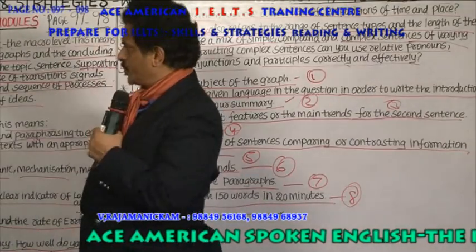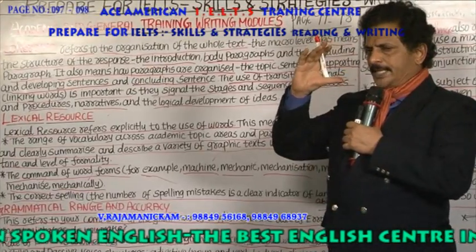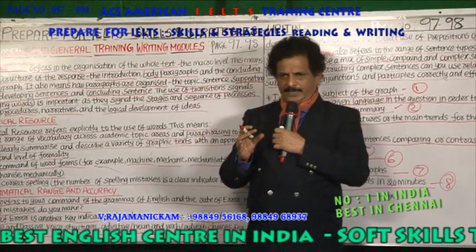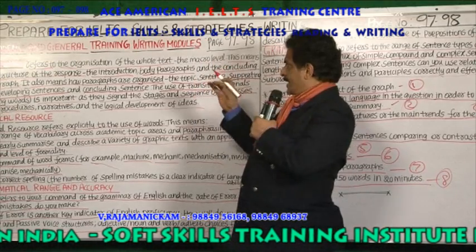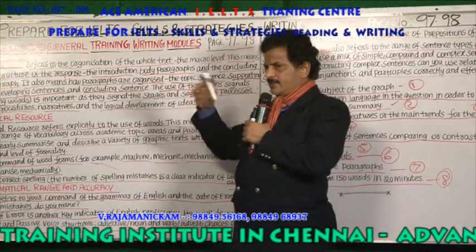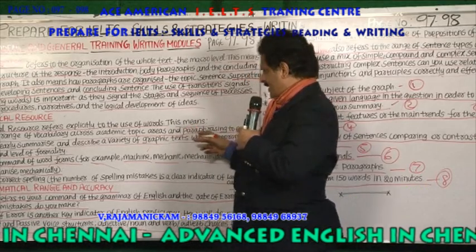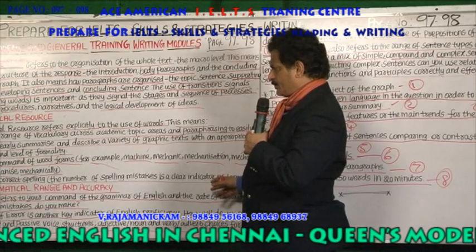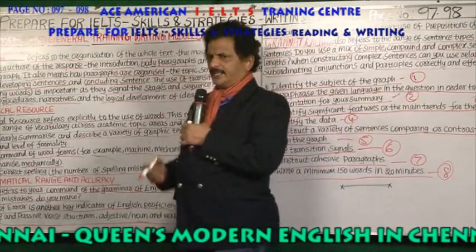So my dear friends, the most important is coherence. A text should be arranged with an introduction paragraph, main body paragraphs, and a conclusion paragraph. In a paragraph, there should be a topical sentence, supporting sentence, describing sentence, developing sentence, and concluding sentence. Then transitions are used. Then all these things are used: command of words, correct spelling, your command of the grammar of English, and your rate of error in grammatical range.